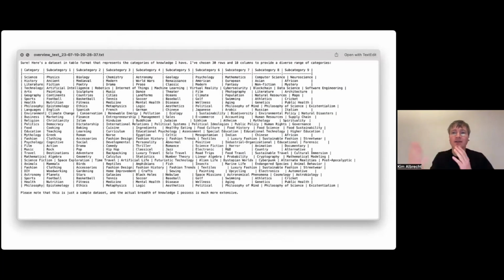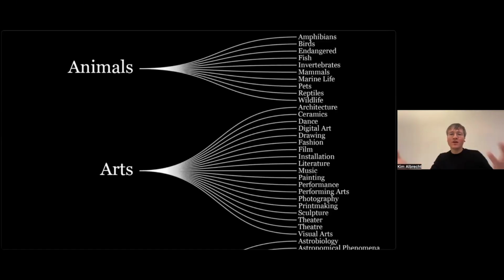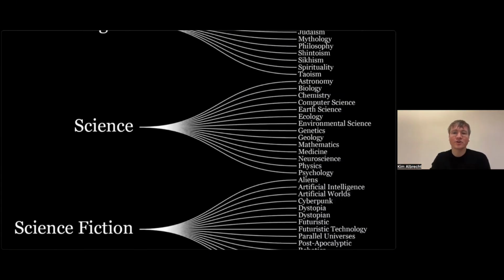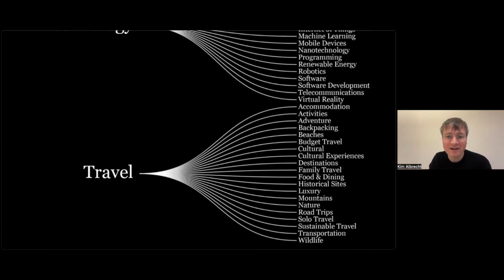So I started having these conversations and I started creating these tables of categories and subcategories of knowledge. And in the end, I had these really long lists of terms. And they reminded me of short stories by Borges or Kafka, the strange categorical creatures of inclusion and exclusion.